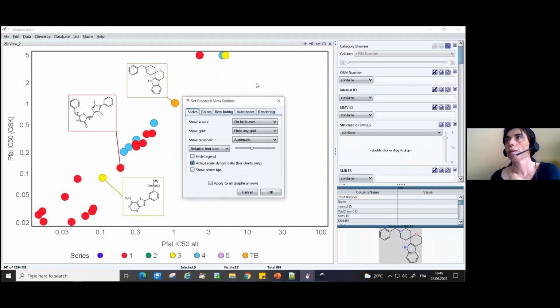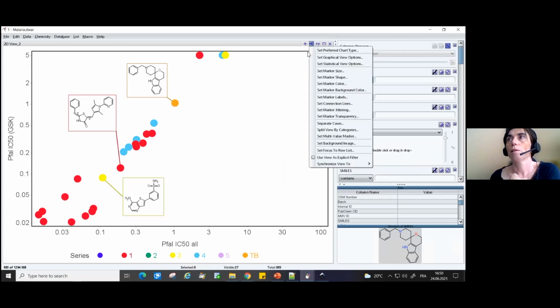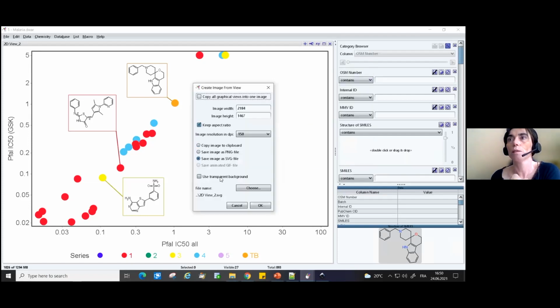And it's in rendering. So you remove the draw marker, the marker outlines. So now it's really just one object. You have not the second object onto it. And just export it again. I should have shown you that before, but